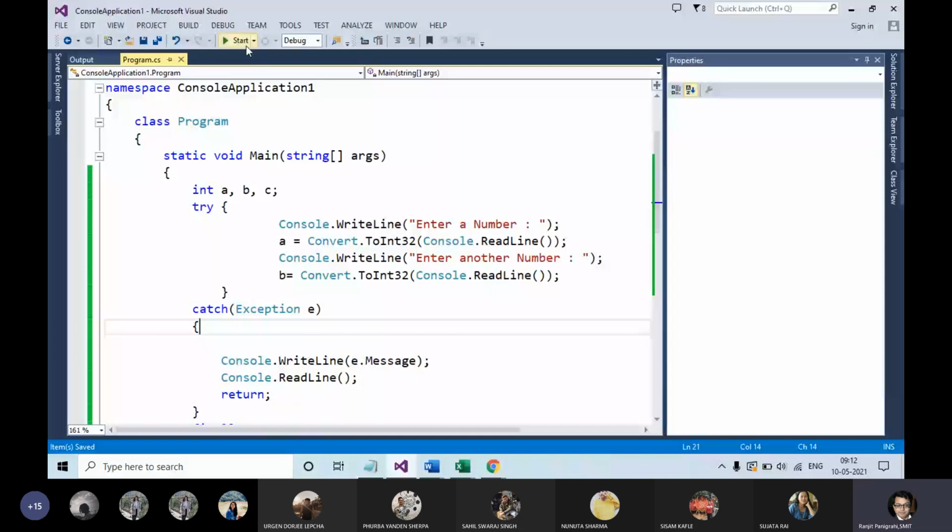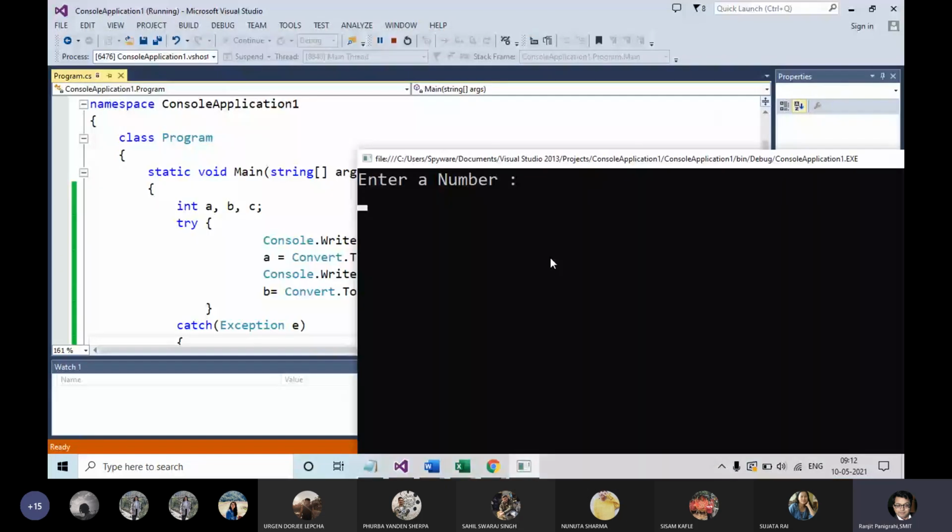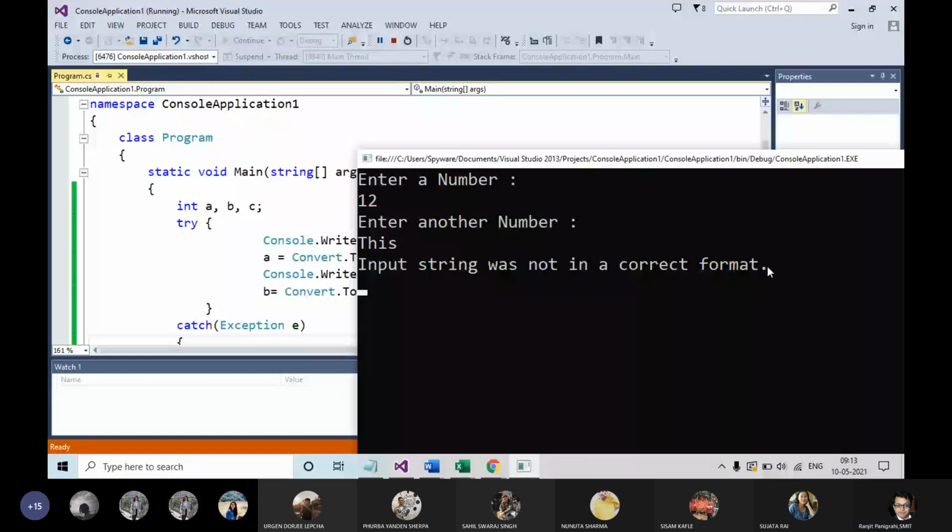It is asking to enter a number. I'm entering say 12. Enter another number, but this time I'm entering some text. So you are getting a message, input string was not in a correct format. Look at this. Has this line been defined over here?